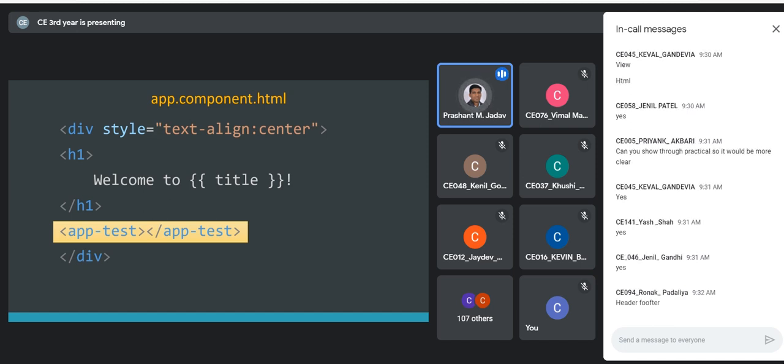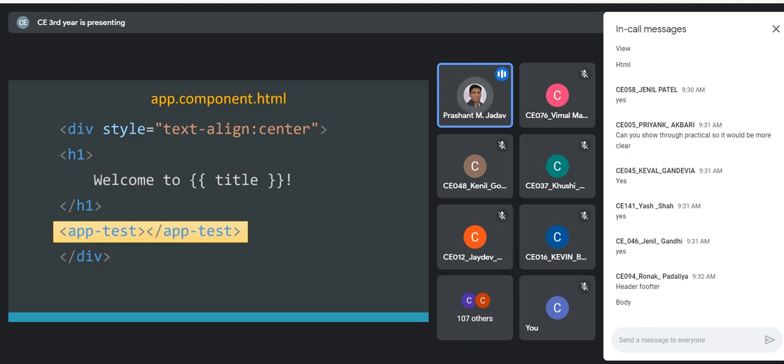Correct. It is header, footer. Then you can have sidebar, navigation bar, the main content section, or you have images, then multiple images, tables. So for each one, you create one component. For navigation bar, you create one component. For example, in this slide, you can see the taste component. The taste component will render the navigation bar, so that you use it in your view in the app component.